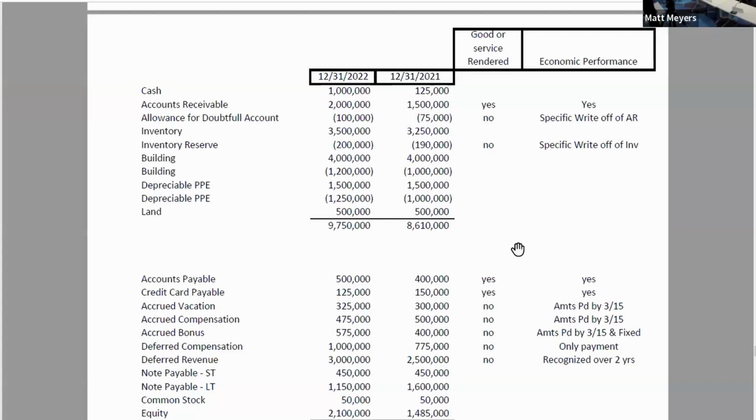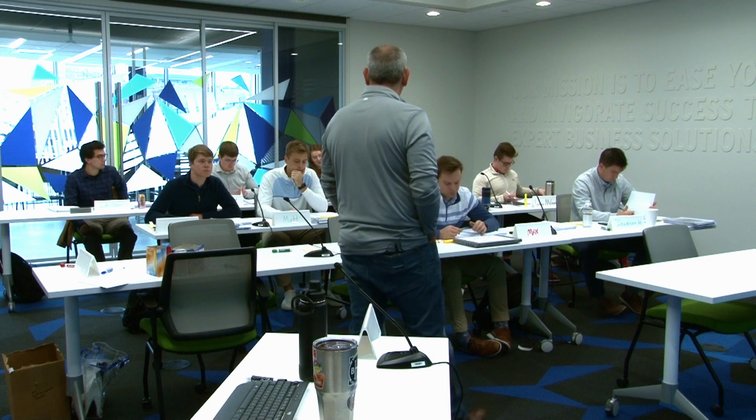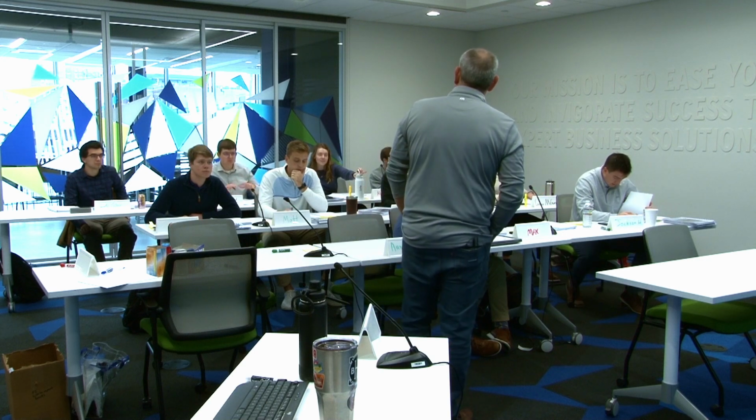This I put together to tie back a little bit to the accrual method of accounting, and we had the 3 prongs. Nally, what were they? Sorry, I caught you mid-drink. What were the 3 prongs to measure whether something is reportable for income tax purposes under the accrual method?